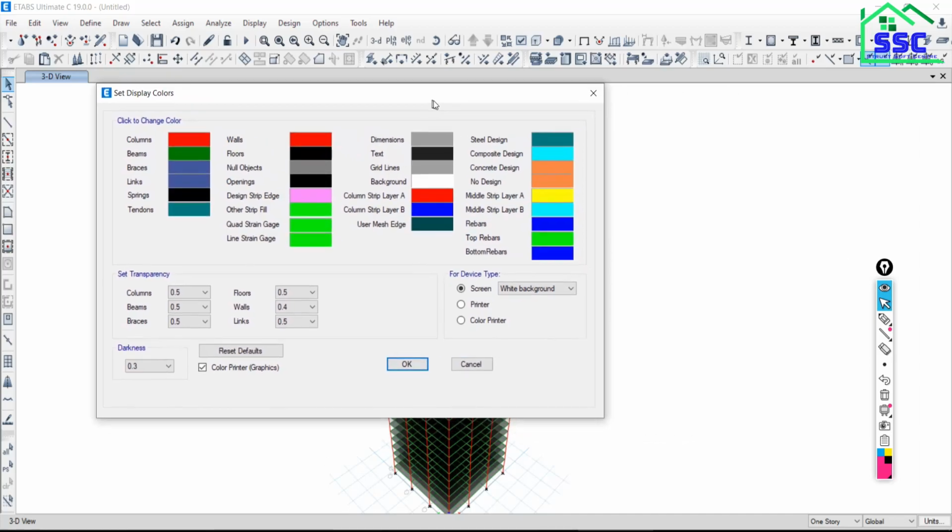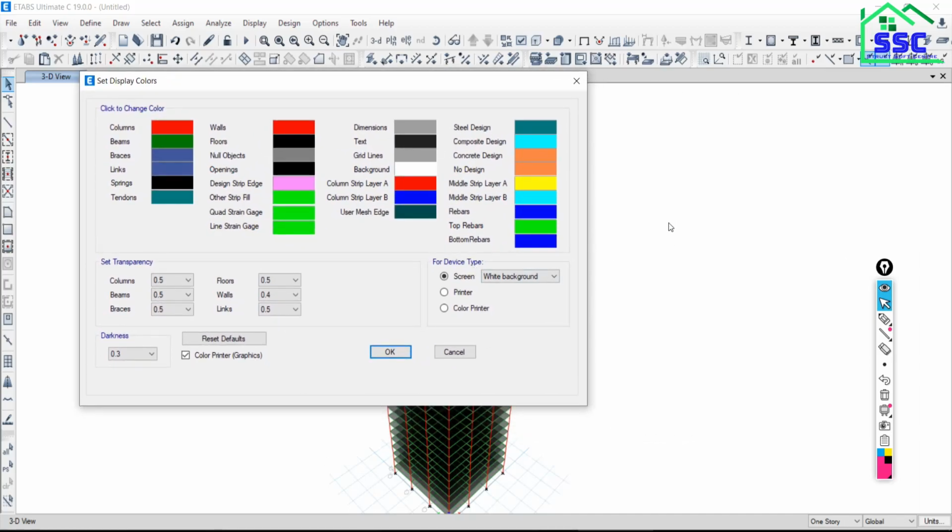Okay, now most important thing, with what background setting color you would like to work. So three options are given here. White background, and someone interested to work with the black background, the black theme, we can say.